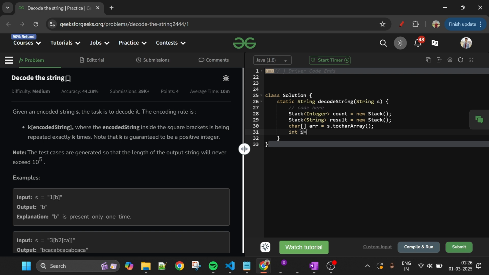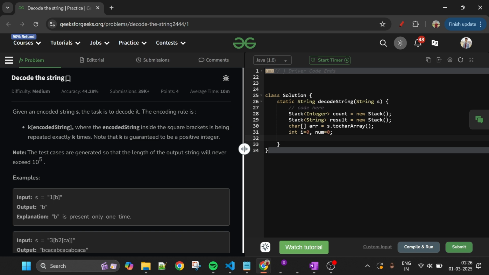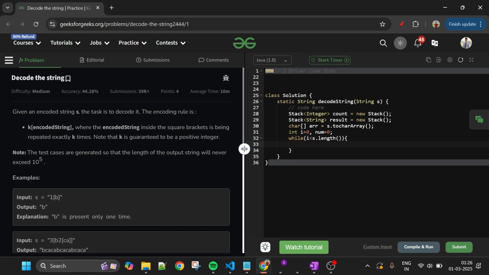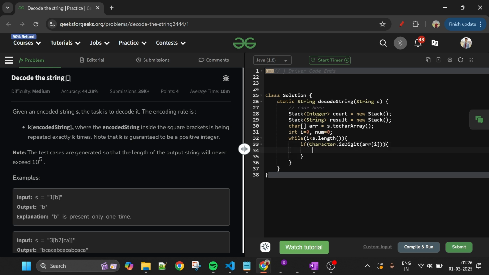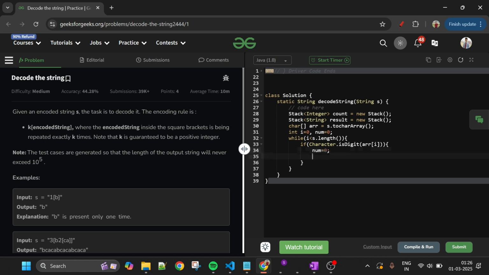Okay, now I'm going to use few variables. i is equal to 0 and current num is also 0. Okay, all right. I'm going to use a while loop while i is less than s dot length. Okay, so first thing first is basically, yeah, look, is my arr[i] a digit. Okay, so if Character dot isDigit arr[i], if it is, what I'm going to do, I'm going to initialize my num to 0, and now I will try to make the whole number, because look,